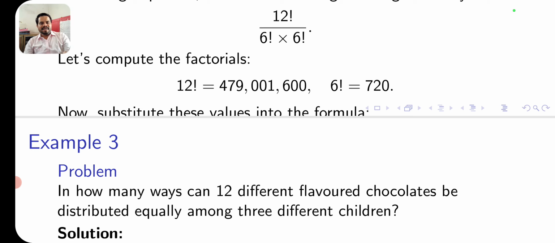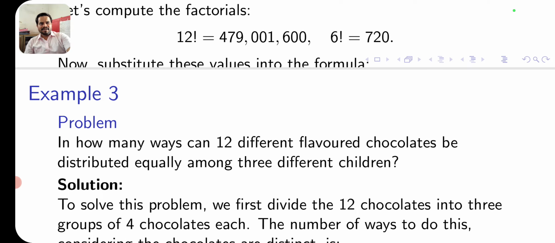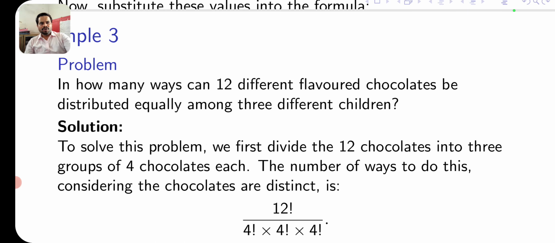In how many ways can 12 different flavored chocolates be distributed equally among 3 different children? To solve this problem, we first divide these 12 chocolates into how many groups? 12 chocolates among 3 different children means you divide by 3. We get 4 chocolates for each group. Yes, and hence